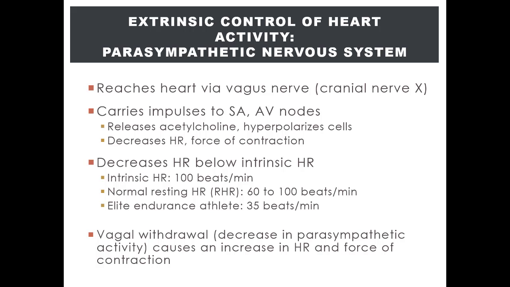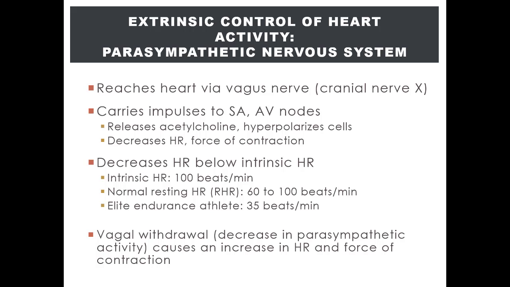But right now we're talking about exercise and an increase in heart rate. So what did we say earlier about how the SA node activity and thus heart rate increases? One way is through increased sympathetic activity, which we just detailed. The other way is through a decrease in parasympathetic activity. So a decrease in parasympathetic activity would simply withdraw the suppression of the SA node and thus would result in a natural increase in SA node activity as well as heart rate.